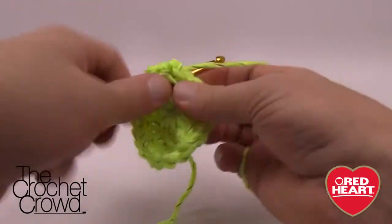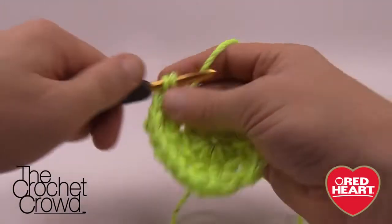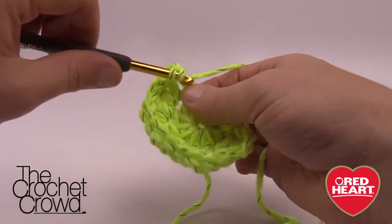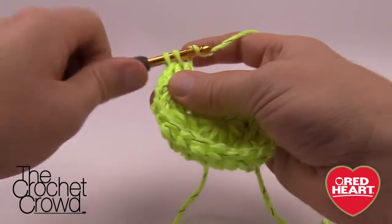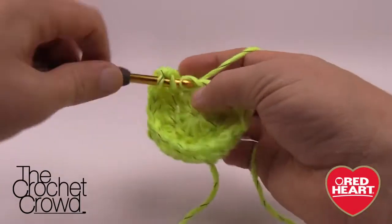You're going to notice that this beanie grows relatively quickly because of the chunky weight, and it makes for a very easy and quick project to do for a gift or even for yourself to have it done really quickly. So I'm coming back all the way around,